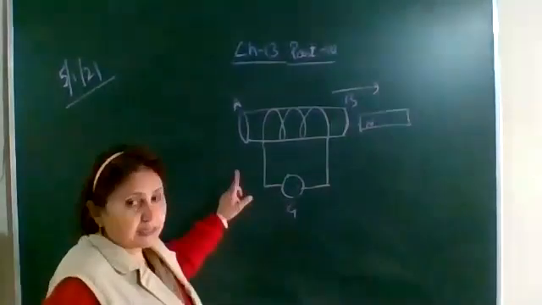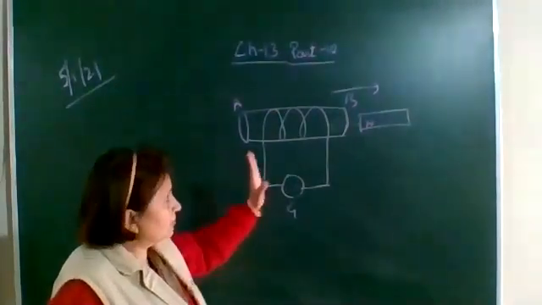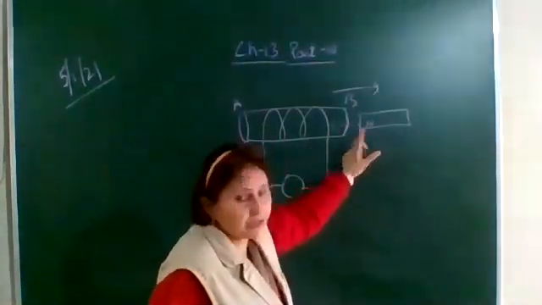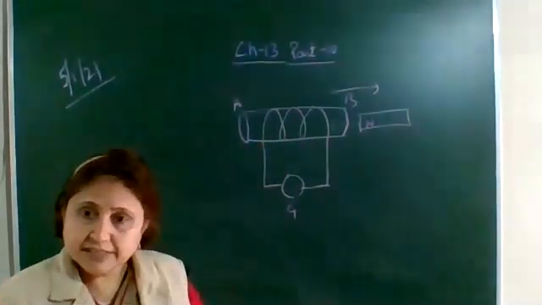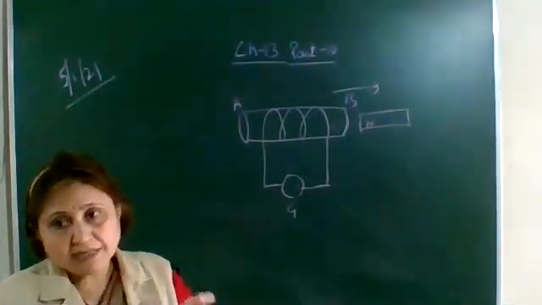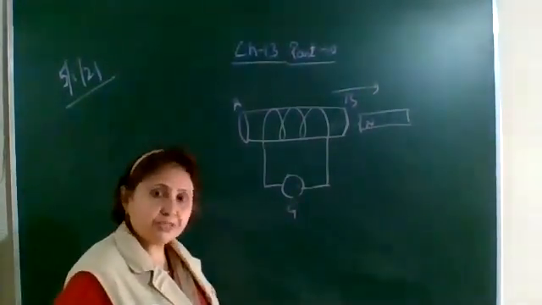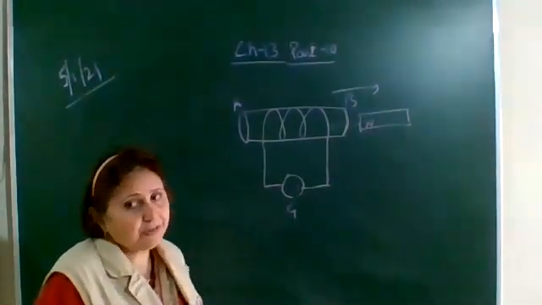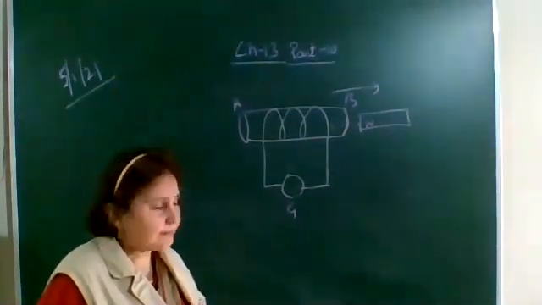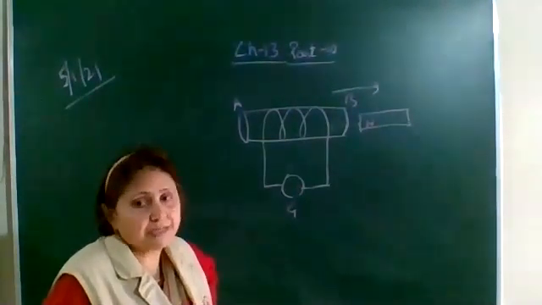Electromagnetic induction means whenever the magnet is moved in or out of the coil, or you may say whenever there is a relative motion. Relative motion means either this is moving or this is moving. Whenever there is a relative motion between the magnet and the coil, then a current will be induced in the circuit, because there is some potential difference induced across the ends of the coil, due to which the current will be produced. Such a current we call the induced current, and this phenomenon is called electromagnetic induction. So this was the first method to produce induced current in a coil.